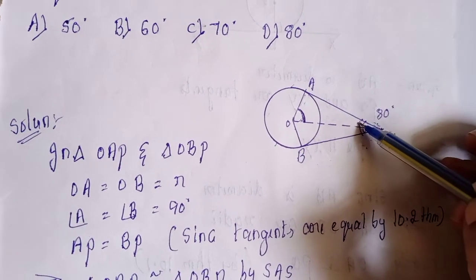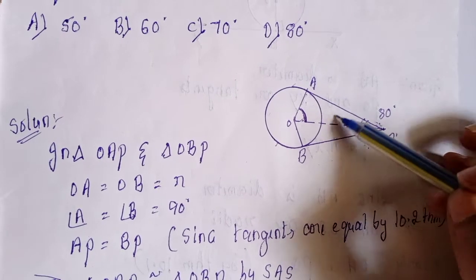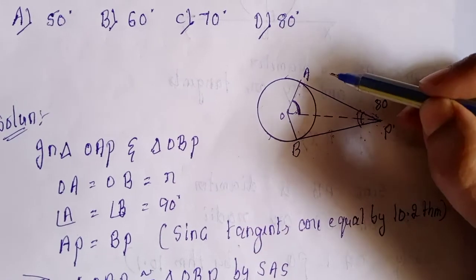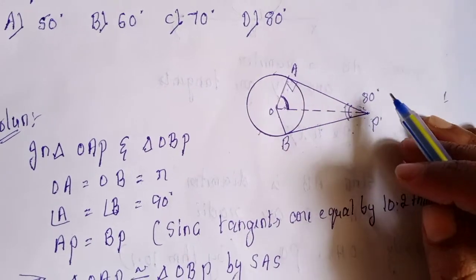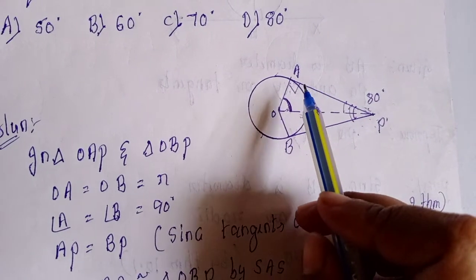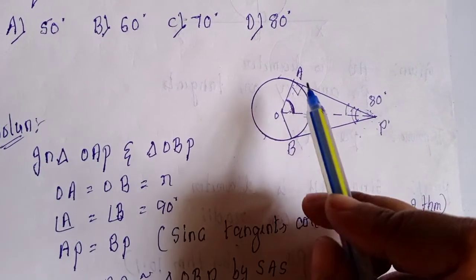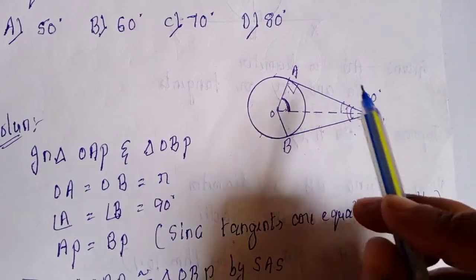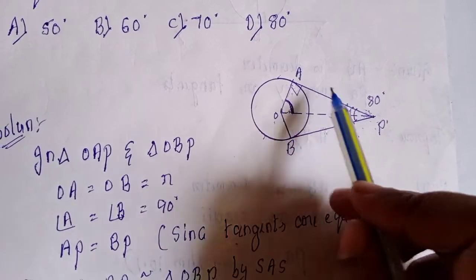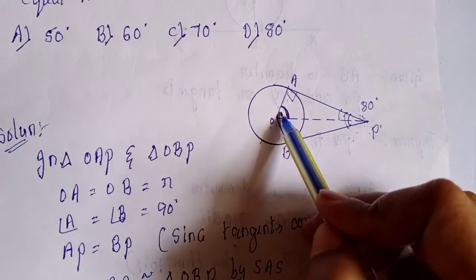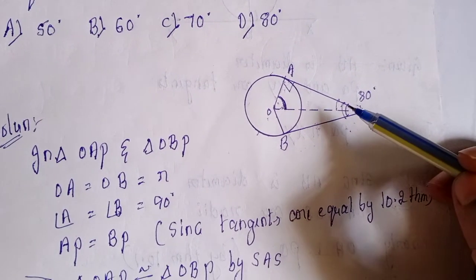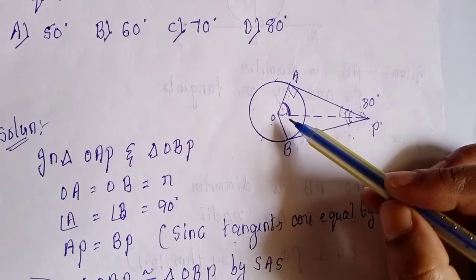And this also you can find by somehow showing the congruency, and then I can find this third angle. Means now perfectly I know this angle A, that is 90 degree, but I don't know this angle. What is this angle? Can you read? APO. But I know APB. APB is 80. If I find APO, then I'll come to know two angles out of 3. Then I can find the third angle using the angle sum property. Now, let us find angle APO.